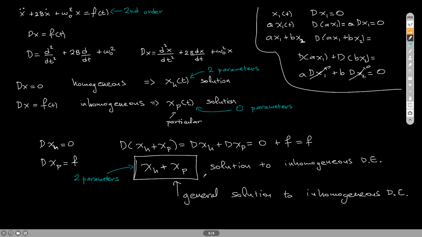So what I will be doing to solve my differential equation, the one that I get from driven damped harmonic motion, the first thing I'm going to do is solve the homogeneous differential equation, and this will give me this solution. I will try to make a guess and find a particular solution to the inhomogeneous differential equation, and then I will simply add the two, and that will be the general solution to the inhomogeneous